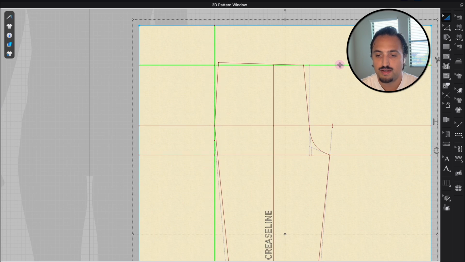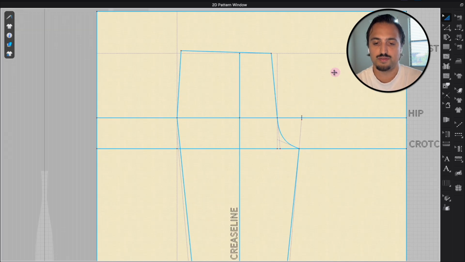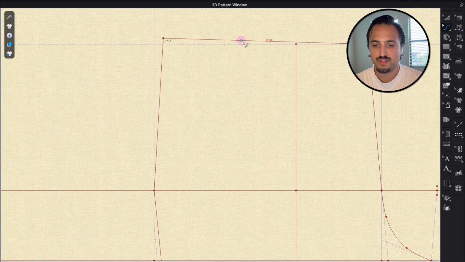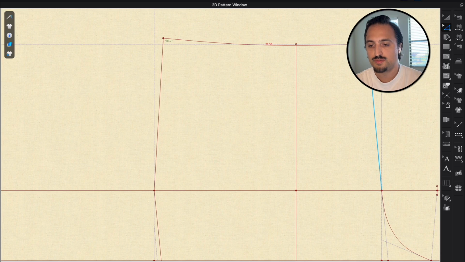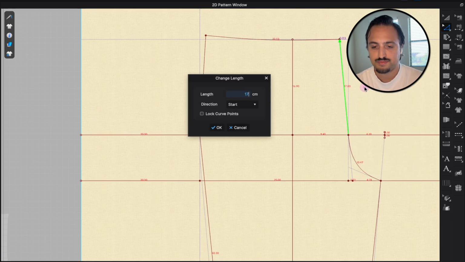All right, now to make this a little bit easier to read, I am going to select these lines and I'm gonna convert these to baselines just to clean this up just a little bit. All right, it's a little bit easier to see. So what I'm gonna do is I'm gonna add a segment point and I'm gonna pull this down. Ultimately, I wanna get my center front as close to 90 degrees as I can, and we can tweak this later on, but for now, let's just get it as close as possible,